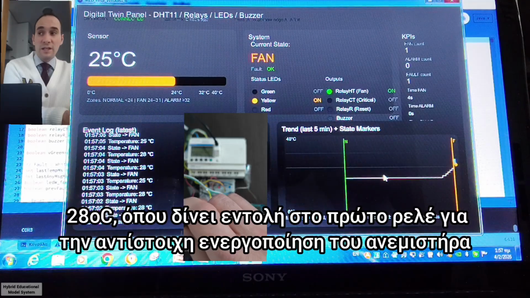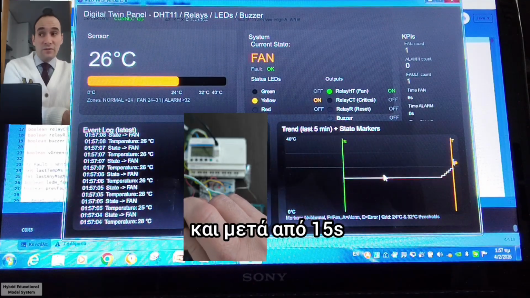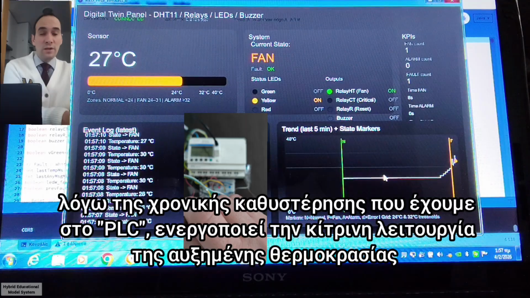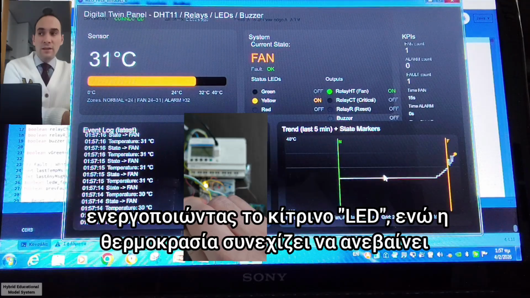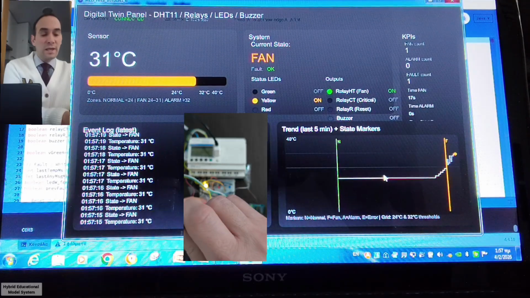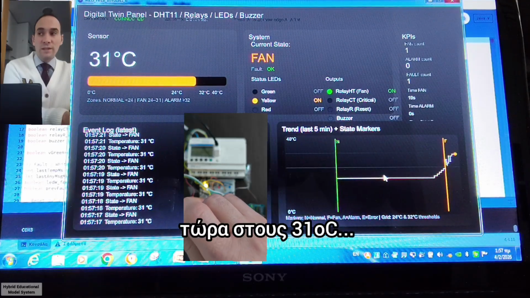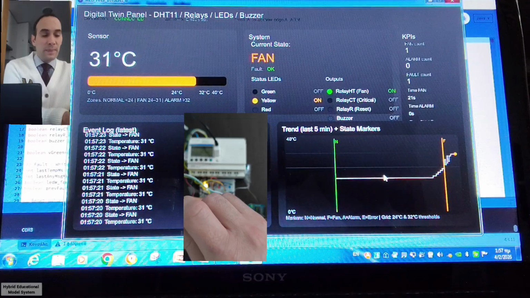You're gonna see the first relay, and after 15 seconds, because of the delay on, we're gonna have also the PLC. Now we have the system current state fan. Yellow LED, the temperature continues to rise, 31 degrees, goes up.